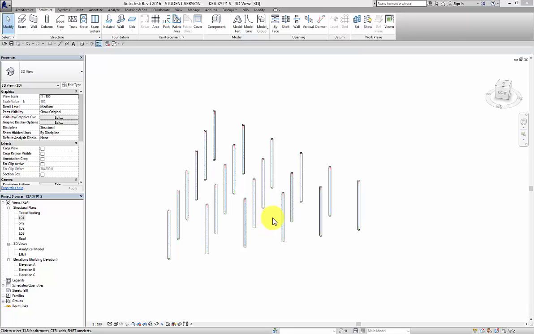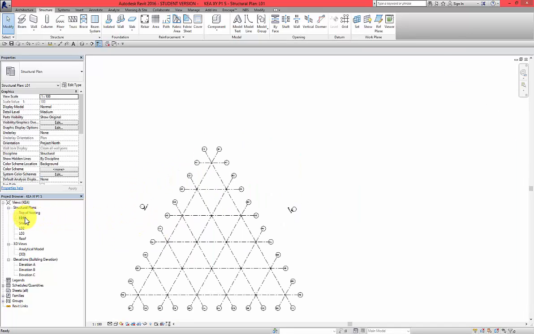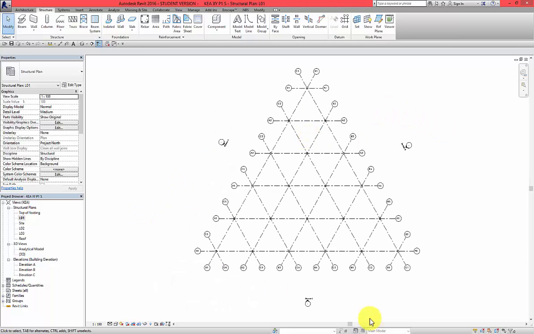Foundations. Let's create foundation wall from our L01 view. Double click the scroll to get full size. And the wall we are going to create will use a structural wall. So go to structure, go to wall,